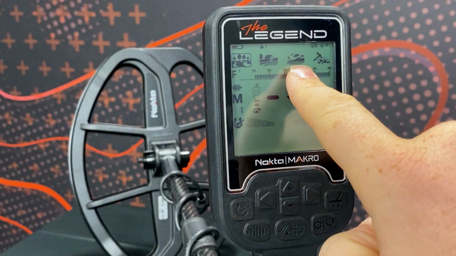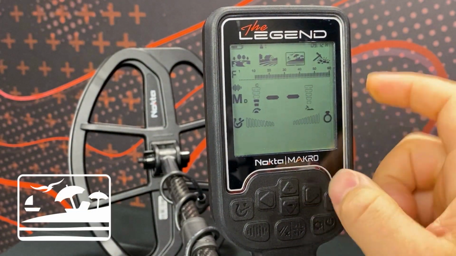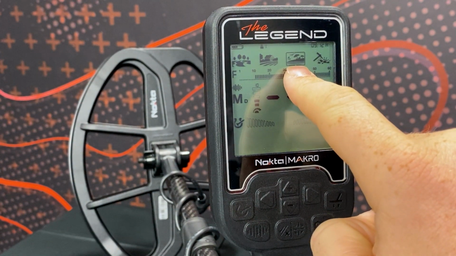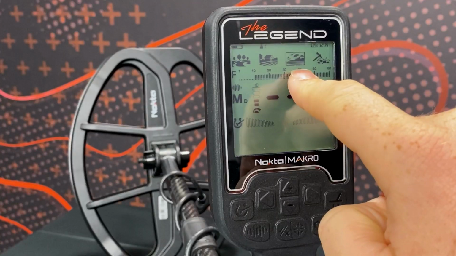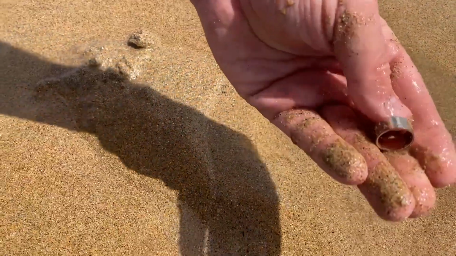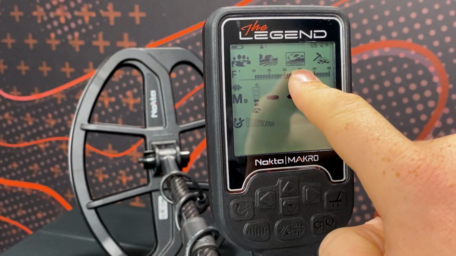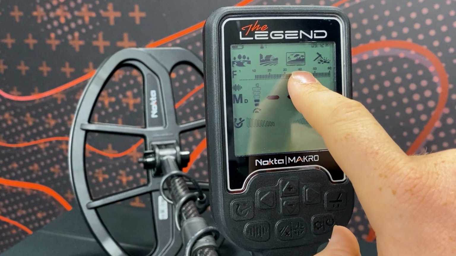Now, the beach mode is actually quite different. So I'm just going to press right a couple times until we're over to the beach mode. The beach mode, the difference is it's actually optimized for use in salt water. Almost all beaches, there's salt water in the sand, and that normally affects the performance of a detector unless you've got a specific beach mode used to cancel out that salt water. Because salt water really annoys detectors, it makes them beep a lot. We want to switch to a beach mode like this to get rid of that annoying beeping